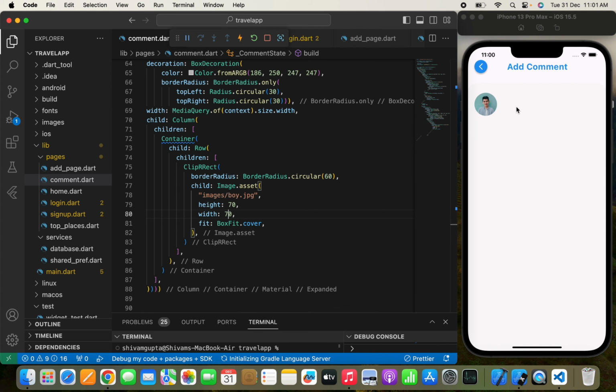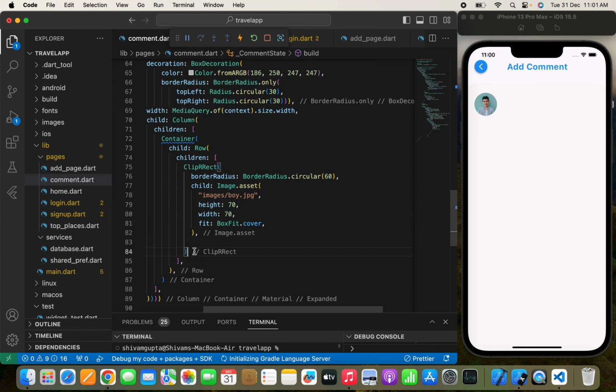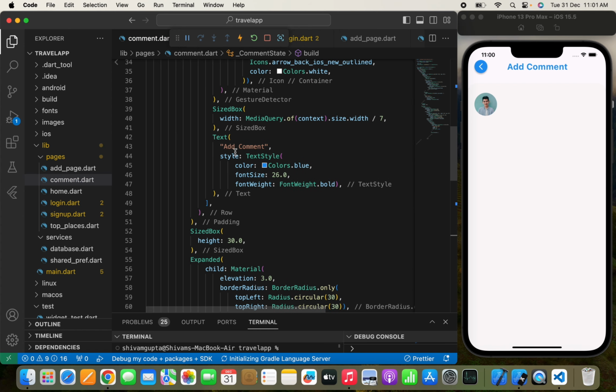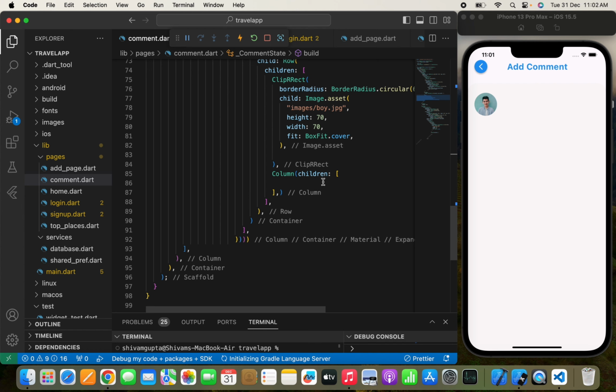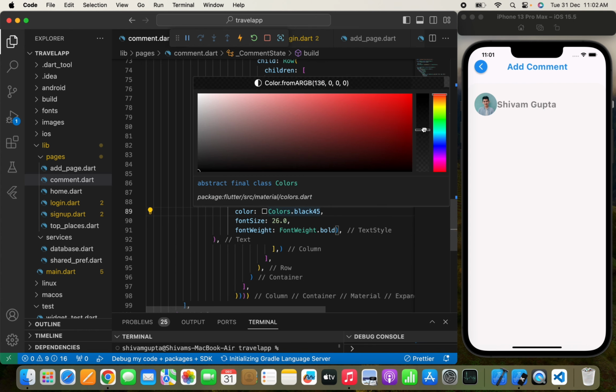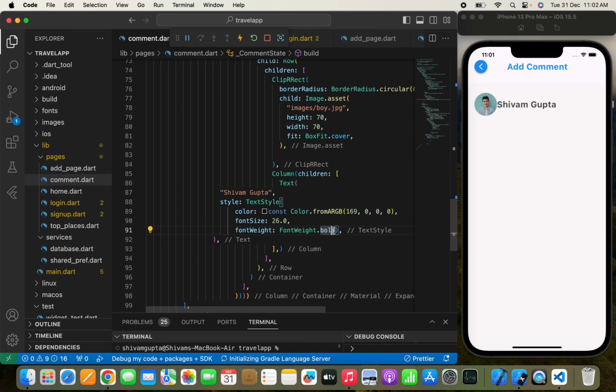Now once we have shown the user image of the person who added a comment to that post, we need to show his name and the comment that he has posted. For that I just need to use a Column widget after this ClipRRect. In the Column widget I need to use a Text widget again. So I'll copy this Text widget, simply paste it over here, and we'll write a name, and I'll paste my name, which is Shivam Gupta. And here I'll just write black. Rather than passing a complete black color, we can pass some shade of black, and rather than bold, we can use W500. I guess it is okay. We can decrease the font size up to 18,